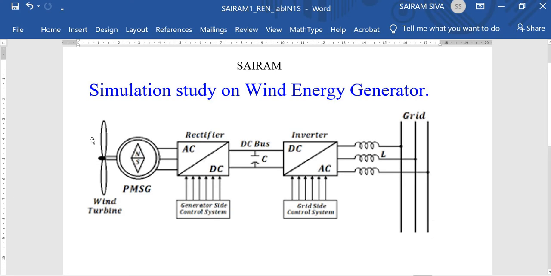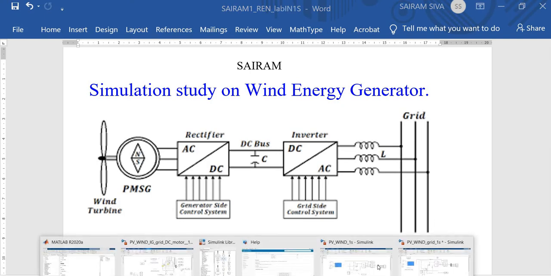One is the wind turbine along with the permanent magnet generator with DC, where the load is connected on the DC side. Again, it can be connected through the AC. Due to time limitation and space availability, I have drawn the circuit in two separate files. Now we are going to see these two files.